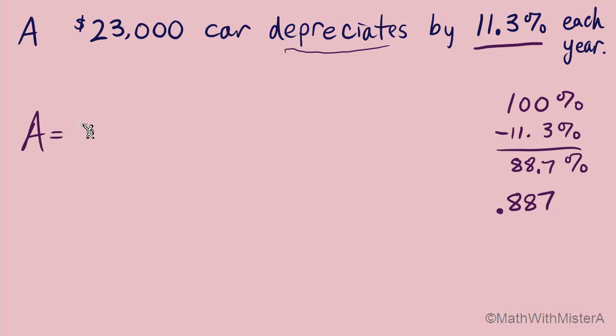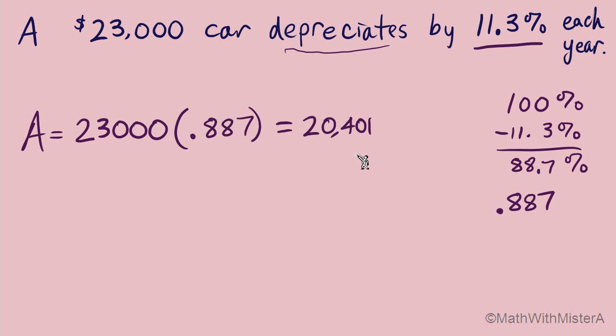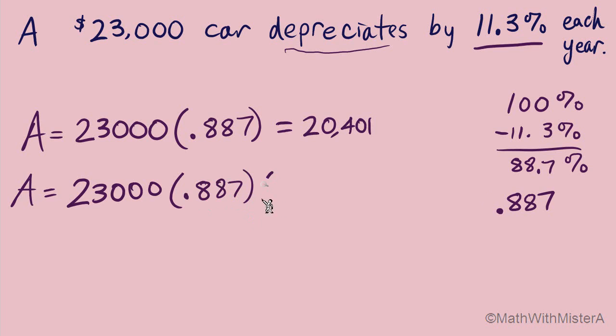The value of this car after just 1 year would mean, starting at $23,000, we're going to multiply by 0.887 just once. It equals $20,401. To find the value of the car in the second year, we could take the $20,401 and multiply by another 0.887, and we should also know that starting with the $23,000, it means we're multiplying by 0.887 twice. Each time, we're calculating an 11.3% decrease, and it equals about